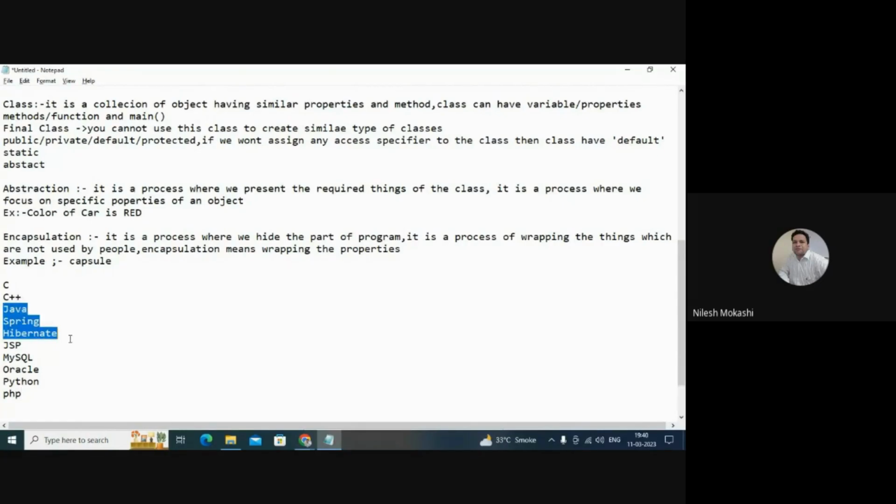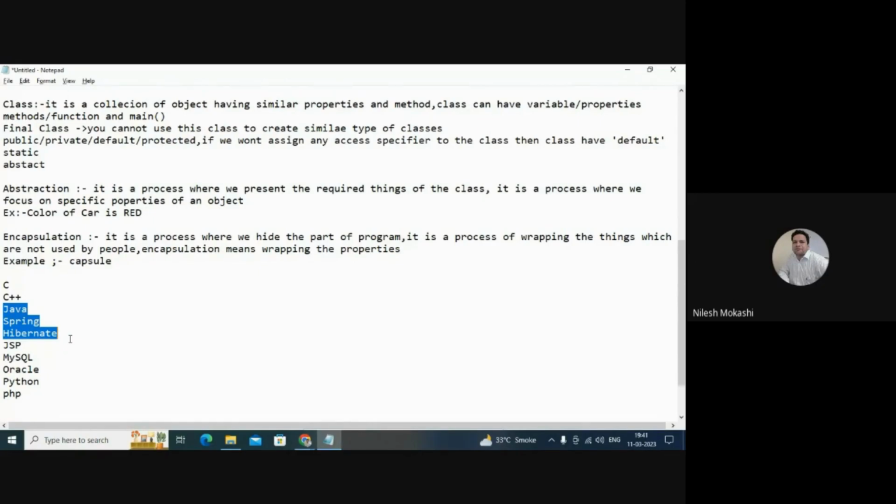So what I will do as a counselor is only demonstrate regarding Java, Spring, and Hibernate. I will hide things like C++, C, JSP, MySQL, Oracle, Python, PHP. I will not show these to that inquiry, because that person came to the class to learn Java.